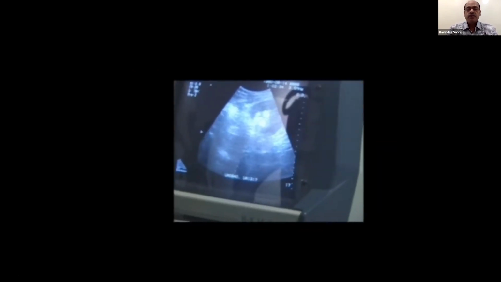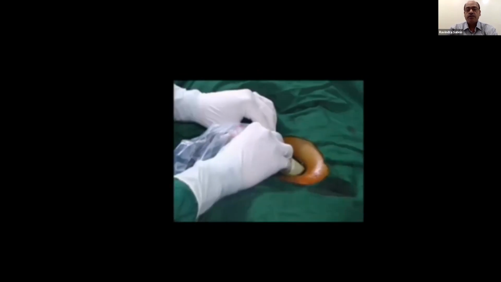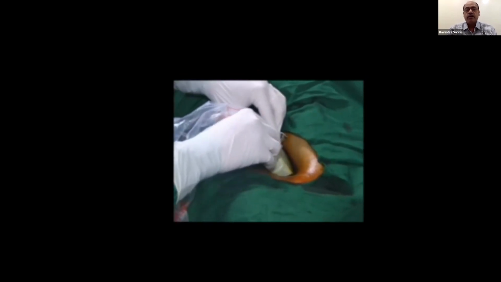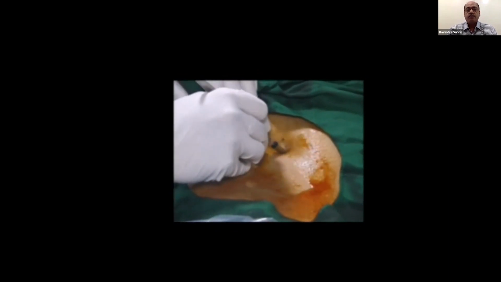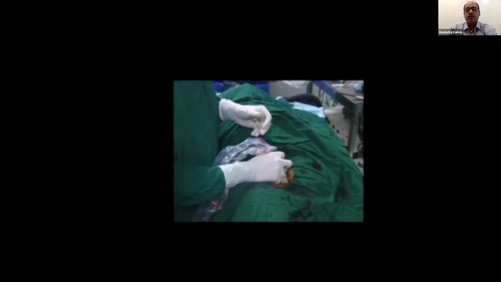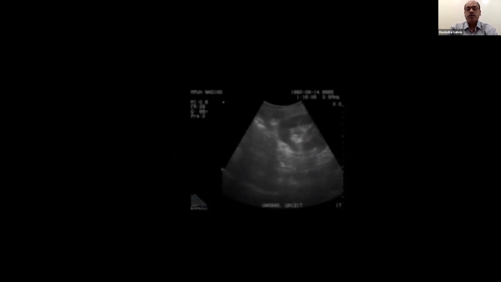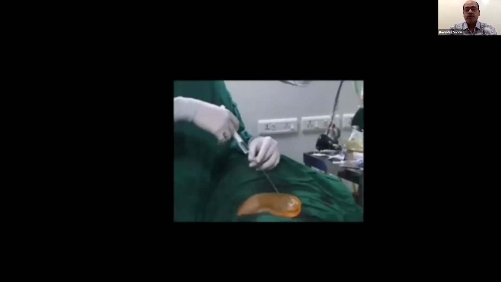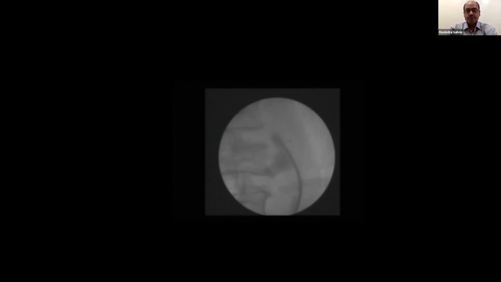This is the innovative method of a micro PCNL. Here you can see that the pelvic ectopic kidney patient is lying in a supine position with slight tilt. Ultrasound plays an extremely important part. Pre-operatively in the OPD itself, you have to see whether you are able to get the window or not. In case you are not going to get the window, obviously you cannot do PCNL. Here you can see that the ultrasound guided puncture is made. This is micro PCNL. Inject the contrast, make sure that it is properly into the system. And now this is the innovative technique which we have been practicing in a few cases of micro PCNL.